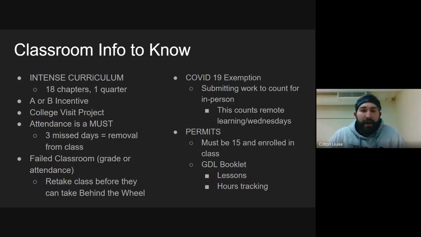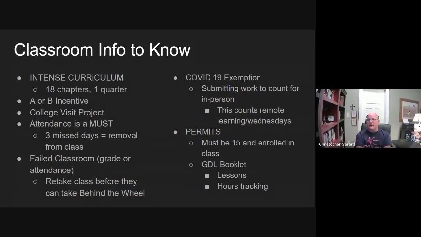So that last little tidbit over there, which is permit. Let me add one more thing real quick, Mr. Leak. I'm sorry. So parents, please be careful as you're scheduling orthodontics appointments. It seems like kids will have an ortho appointment in the morning and have driver's ed in the morning and miss class. Please make sure you're scheduling those. If they have class in the morning, you schedule it in the afternoon or whatever. But just be careful with scheduling of any appointments, because excused or unexcused, like Mr. Leak said, it will count as an absence from class.